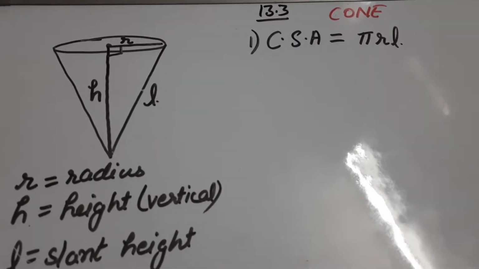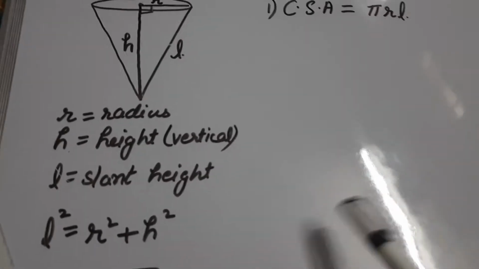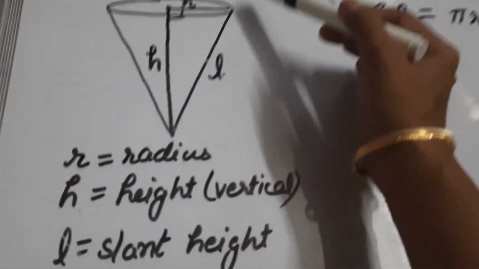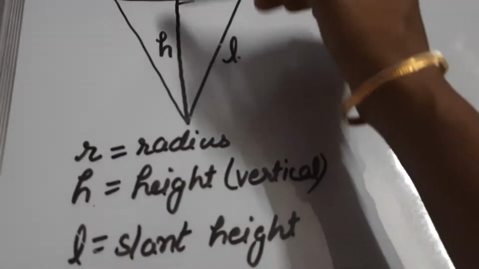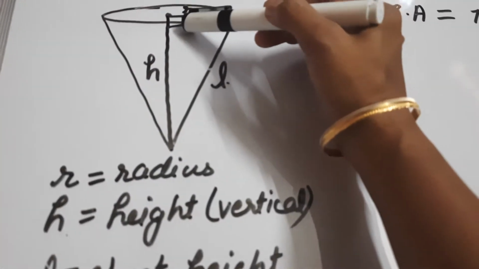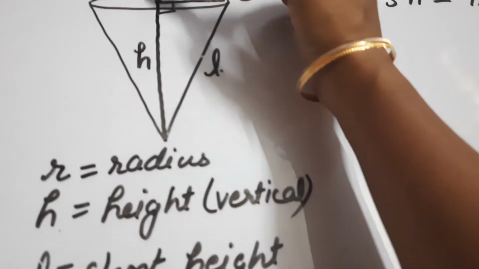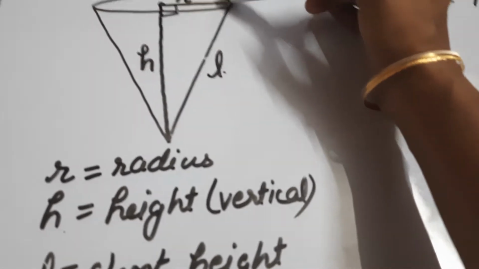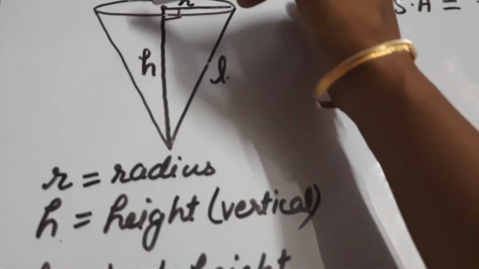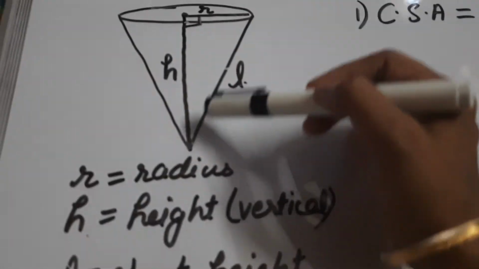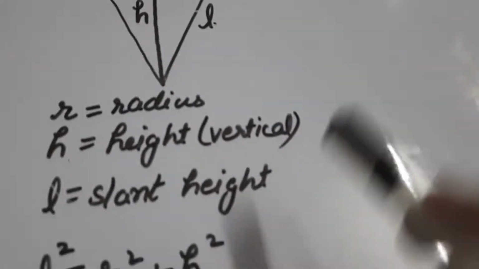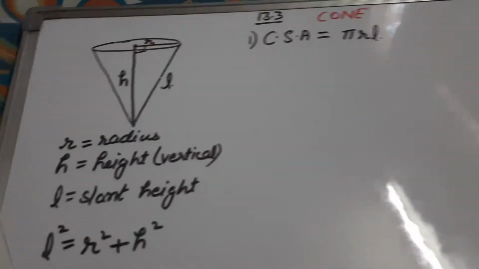So I have given you the formula related to cone. Let us revise. It is a right circular cone, means it will take the cone vertically, we will call it as right circular. That's why we will make right angle here. Center to the boundary, this distance is radius. The vertical length is known as height, and this slanting length is known as slant height, right?